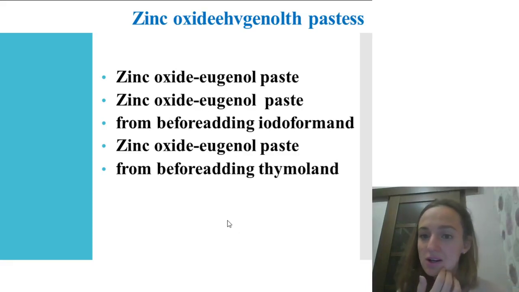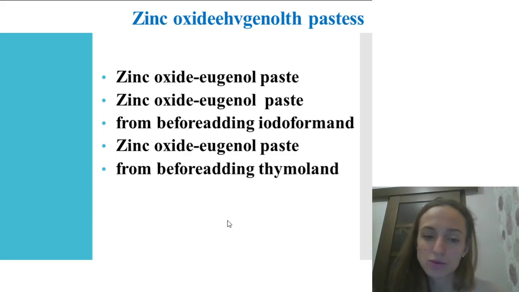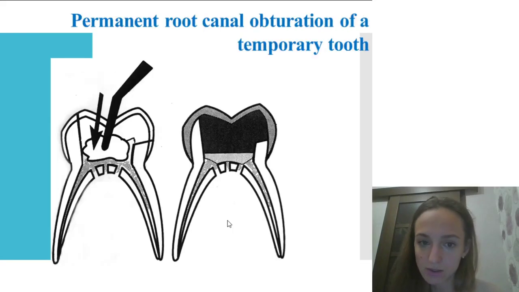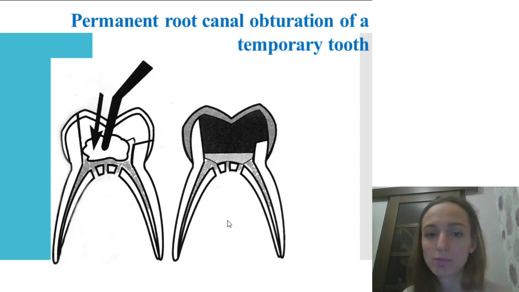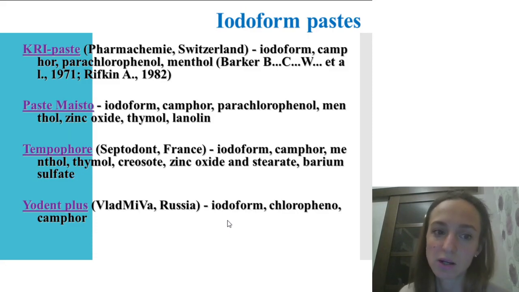Thin zinc oxide eugenol pastes we use for obturation of root canals. Then permanent root canal obturation of a temporary tooth. Picture. Then iodoform paste and